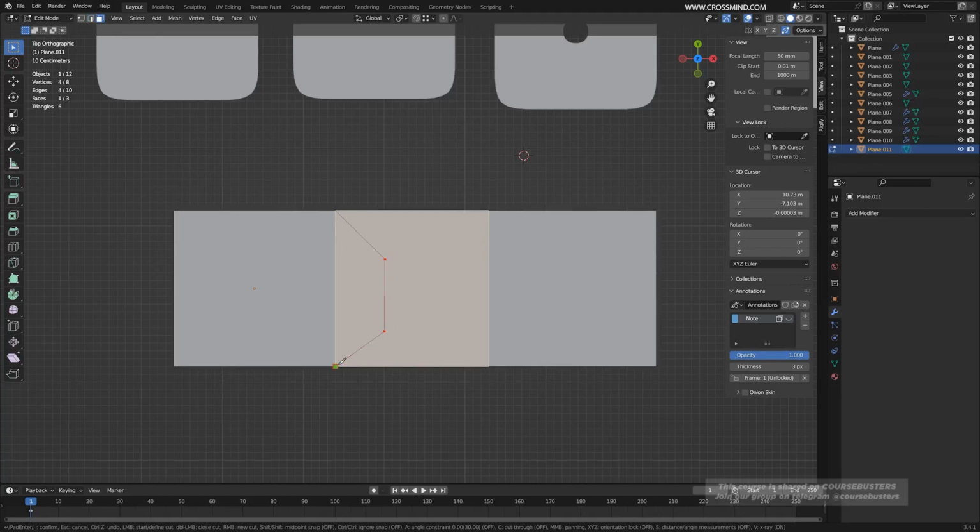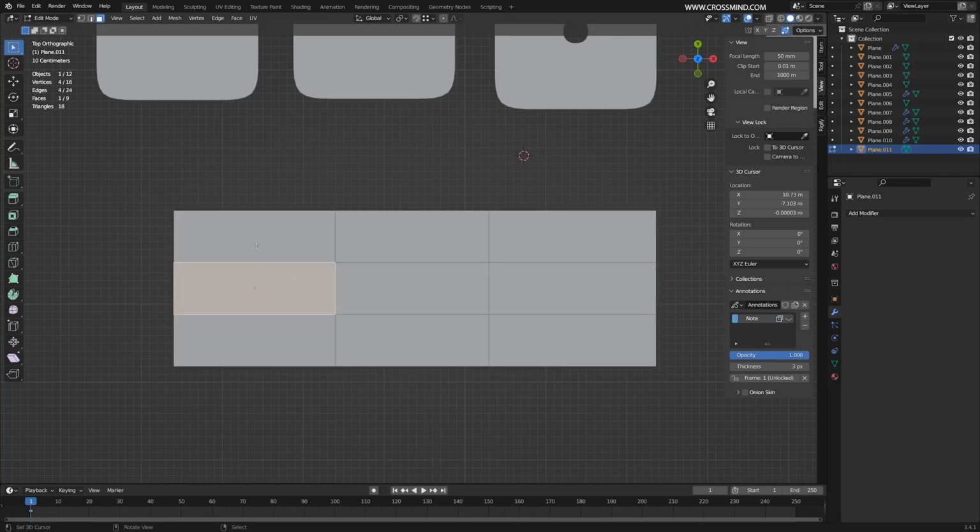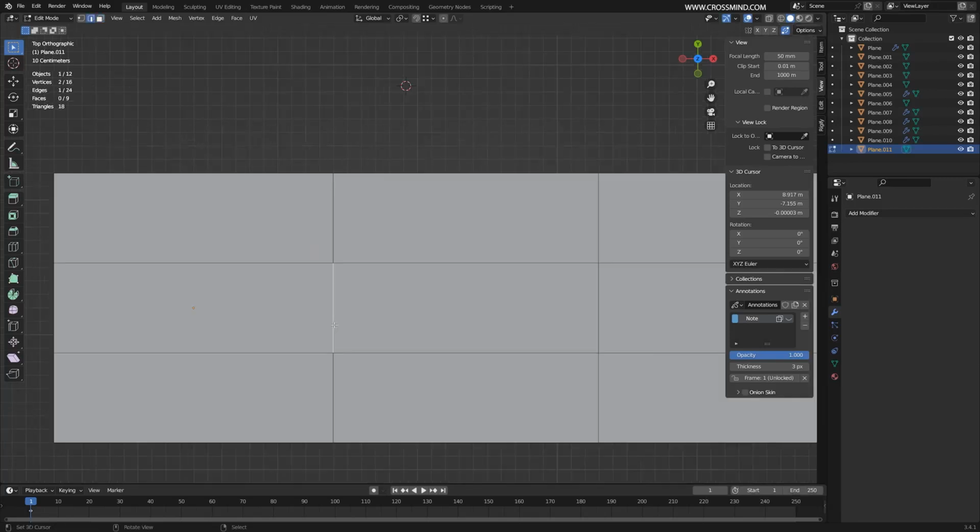Just remember this, and I'll also tell you a shortcut. There you go. So let's say you needed less detail here and more detail here, so more loops here but not in this part, without creating any n-gons, what would you do? Let's say we add two loops here, but in this part I don't want any loops, then I can simply move it this way